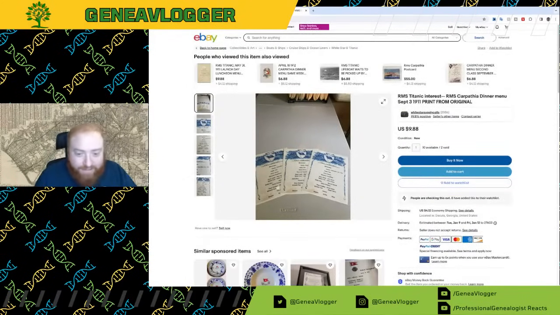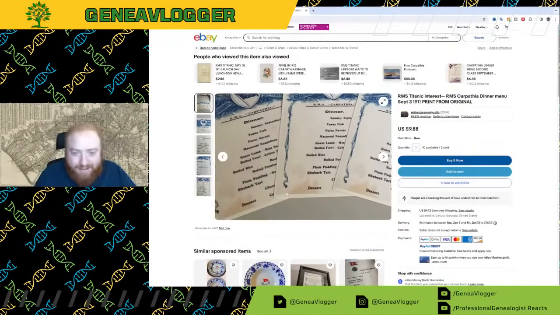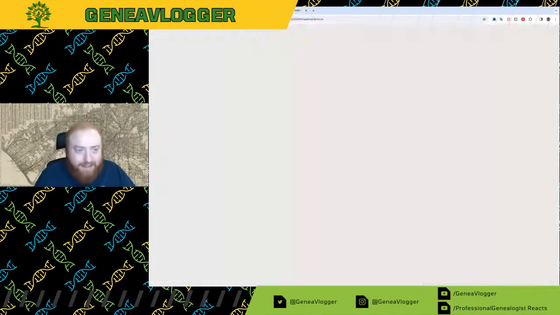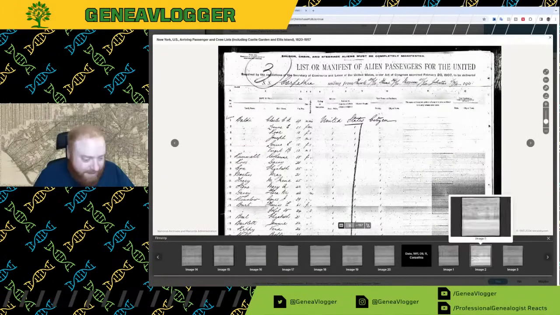So if this is correct, they were on the RMS Carpathia September 3rd, 1911, because that's what this is saying, that they sailed August 22nd all the way to September 1st, and then the ship lands.